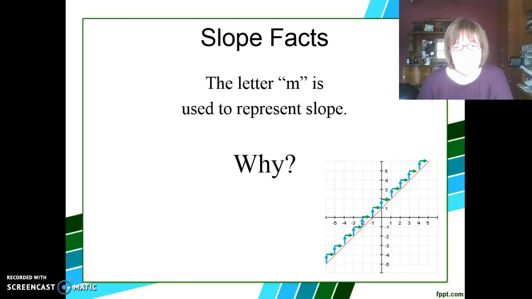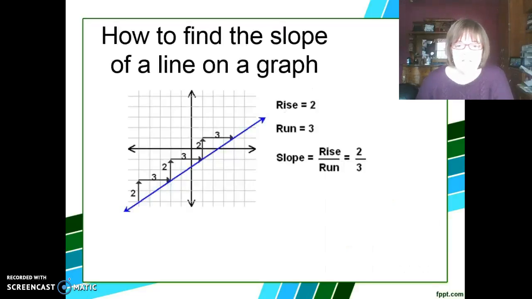It's how steep is that line, and how far up and how far over, or how far down and how far over do we have to go to follow the line. Slope as a fraction actually helps us to know that. All right. So as a reminder, how to find the slope when you're looking at a graph, it's rise over